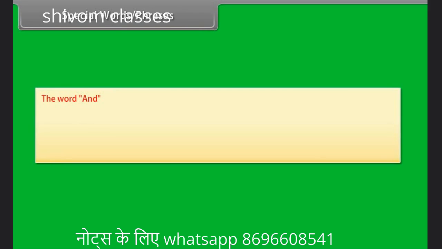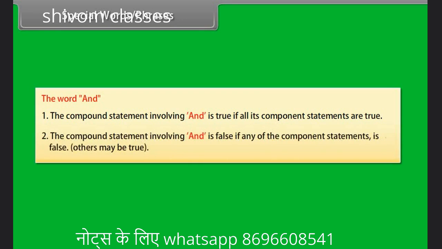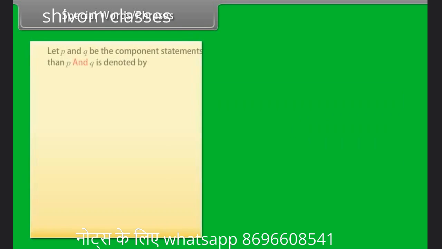Special words, phrases. The word and. 1. The compound statement involving and is true if all its component statements are true. 2. The compound statement involving and is false if any of the component statements is false. Others may be true. Let P and Q be the component statements, then P and Q is denoted by P